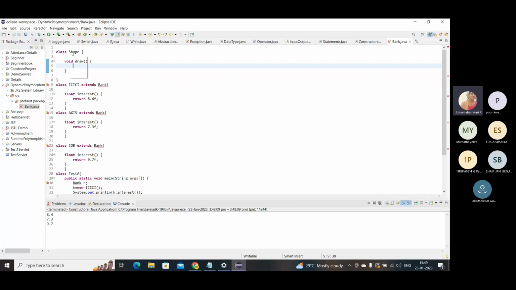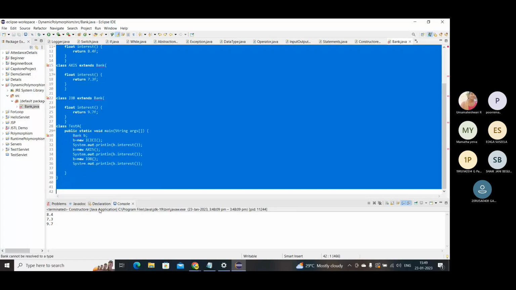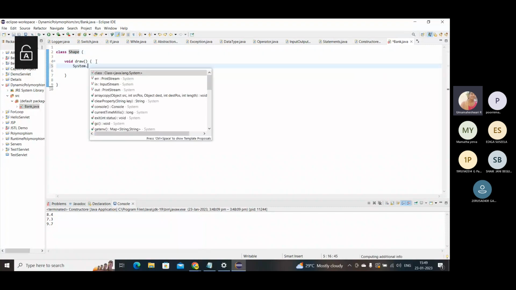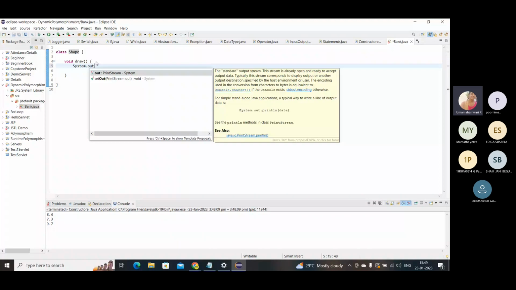So I will remove all these things. What are the different shapes you can draw? Drawing is an action, right? The shape is the different things you can make. So for the draw method, I'll give the output as System.out.println,